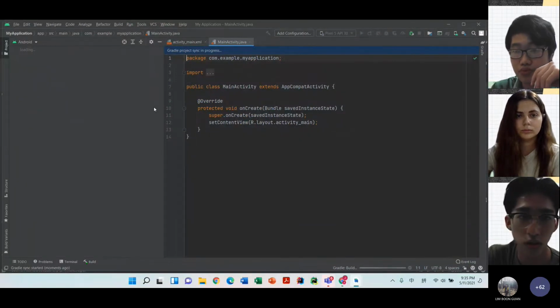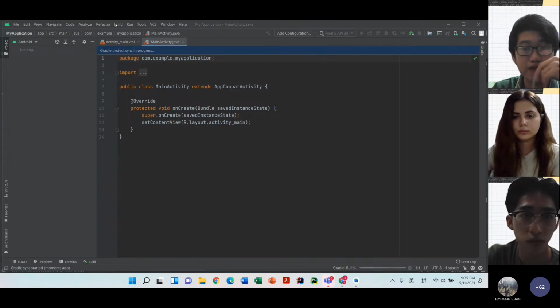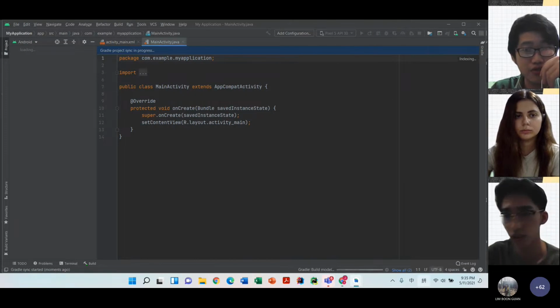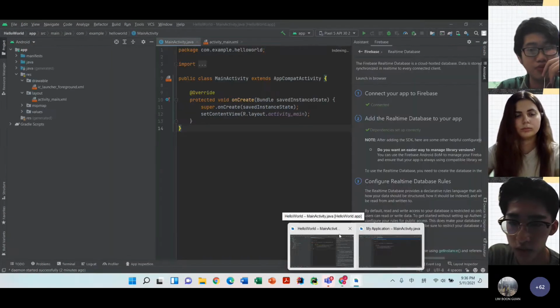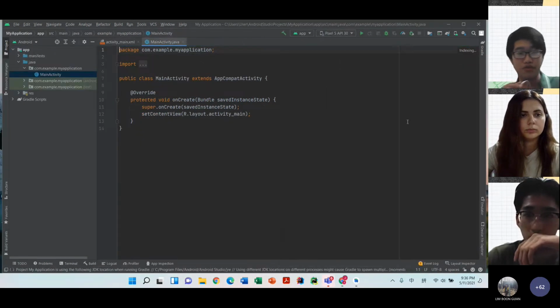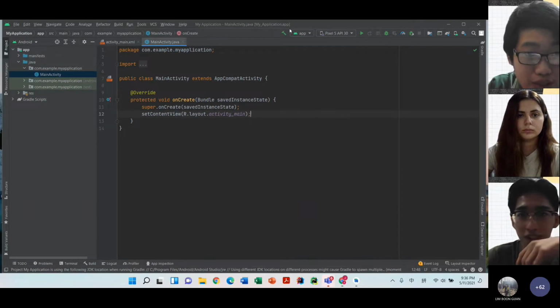Tools. Okay, for some of you who didn't keep up, we will take this as a repeat. So click on Tools and then click on Firebase. Tools is in between Run and I think VCS.